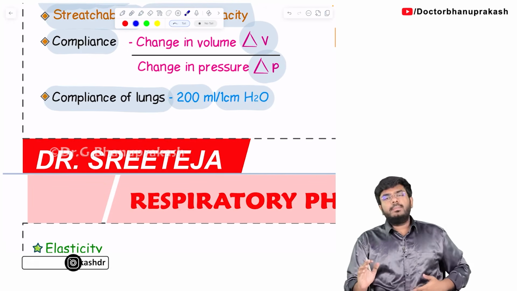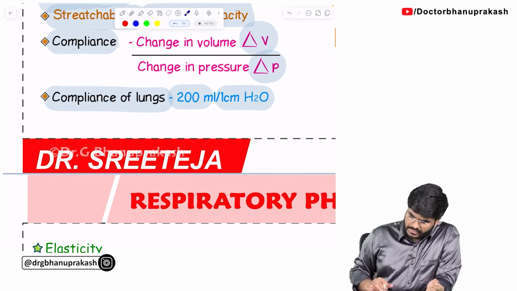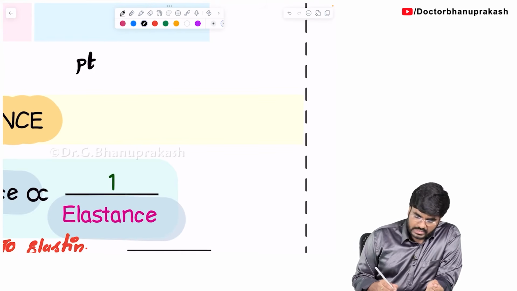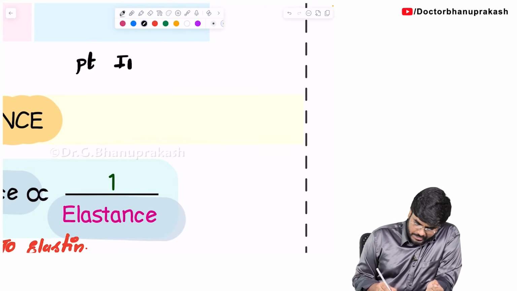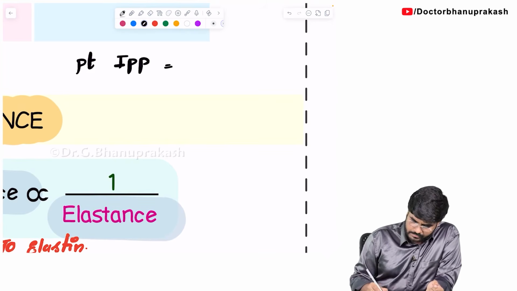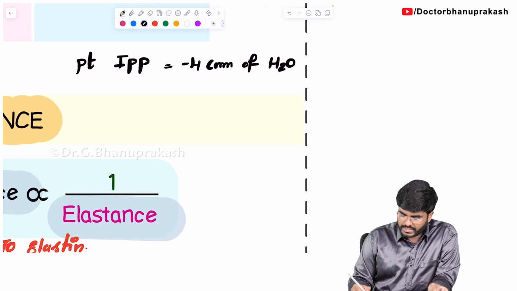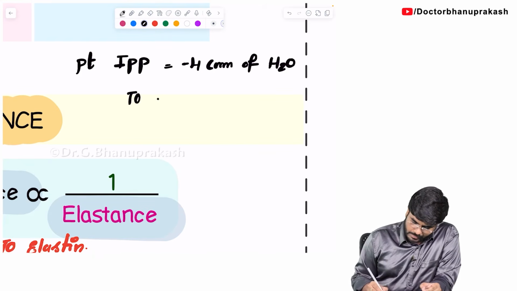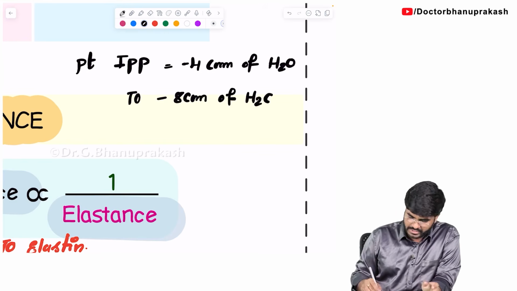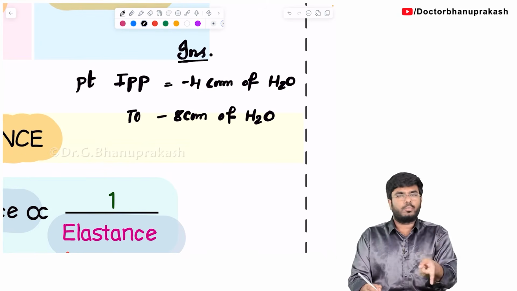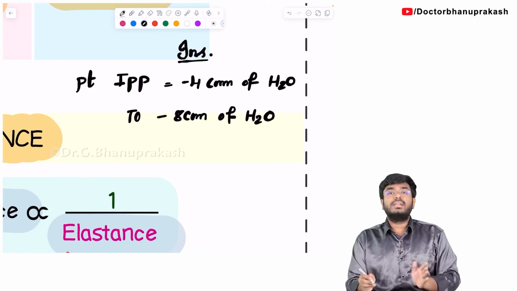Okay. Now let me tell you how the question is going to come up in your exam. They will say there is a patient. Look here. In this person, the intrapleural pressure change, let's say IPP, is from -4 centimeter of water. I am talking about water now, not mmHg. It is changing to -8 centimeter of water pressure during inspiration. You know, during inspiration in a normal person, the intrapleural pressure will change from -2.5 to -6 mmHg. Now here I am talking in centimeters of water.